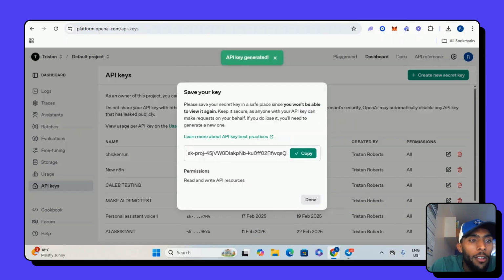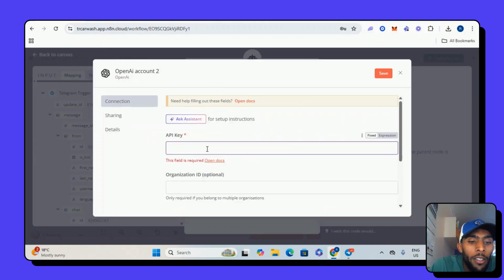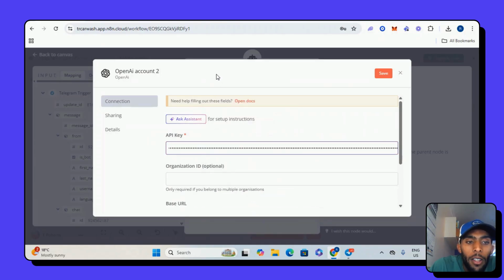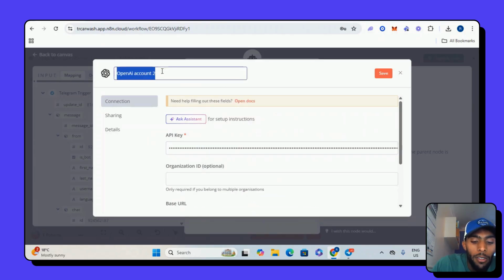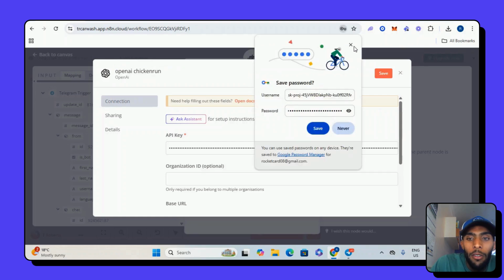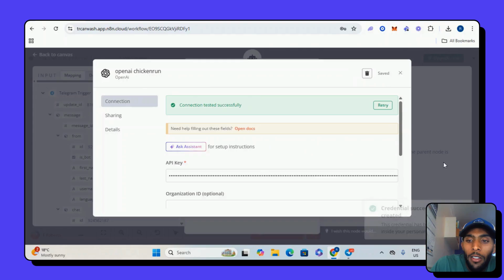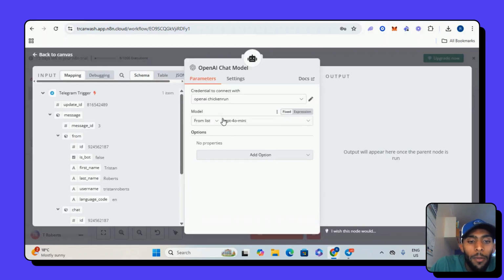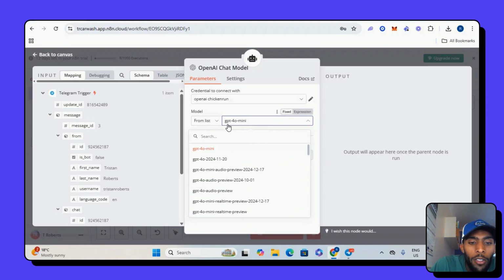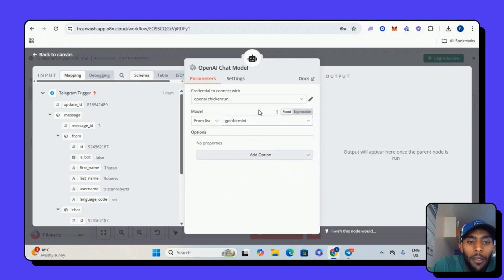So you copy the key, you go back to N8N, you paste it in, and then let's rename this OpenAI Chicken Run. Here we go. And then we save it. Credentials successfully created. Okay, and then for our chat model, we're going to go with GPT 4.0 mini, and then that will be done.